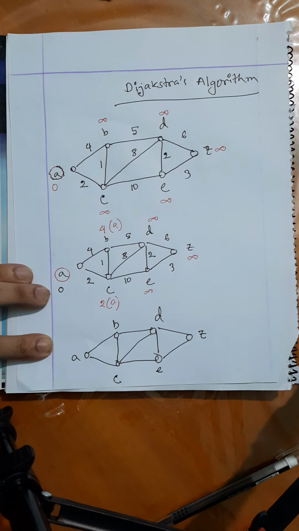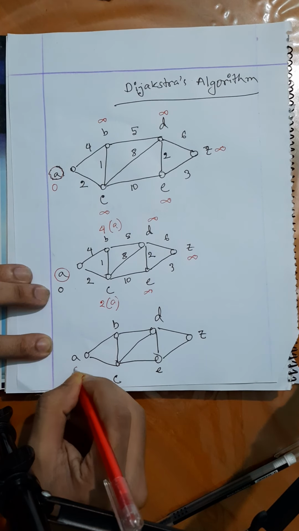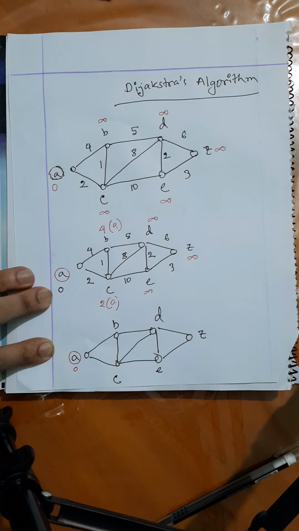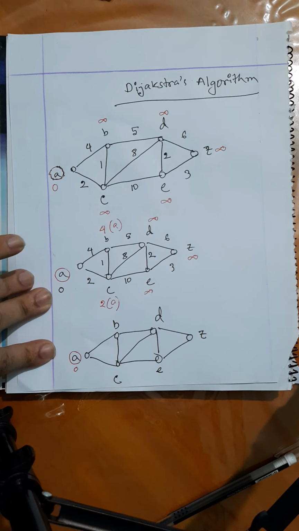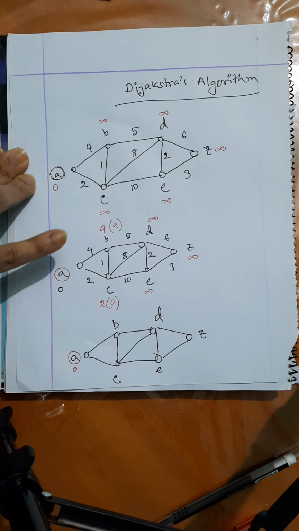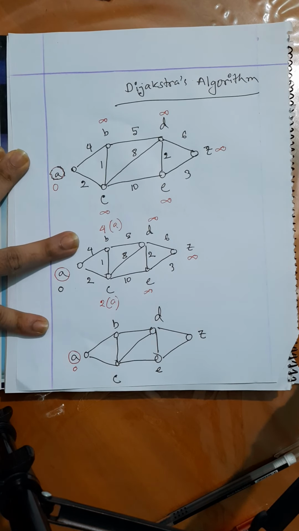Okay, so A was 0 and the job of A was done. The next step is going to be to select again the smallest node that hasn't been selected yet. Smallest means smallest by the distance value. A has already been selected, so we will not consider A anymore.